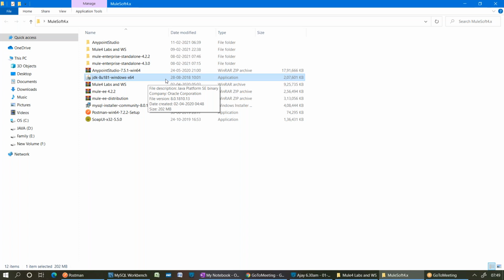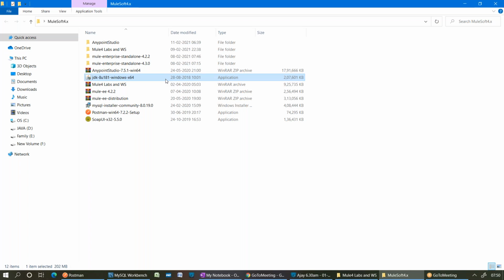What is this JDK? Why do we require this? First of all, what is JDK? Java Development Kit. Why do we require the Java Development Kit here? Are we writing any Java code? Mostly, Mule applications are developed in Java.